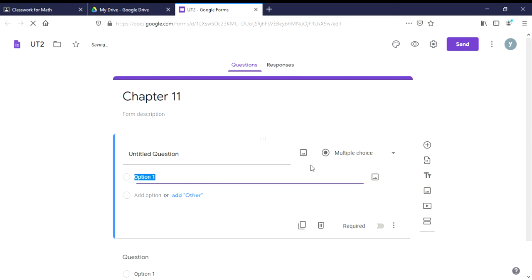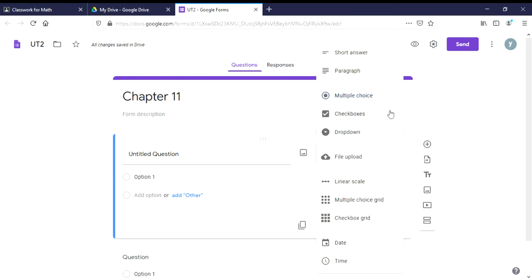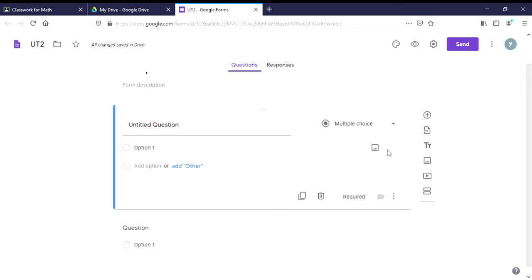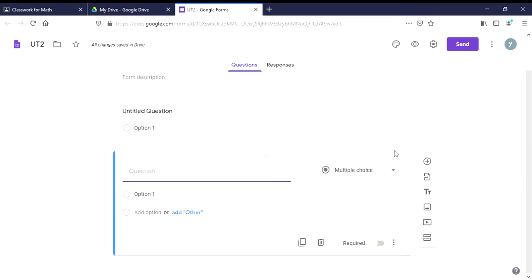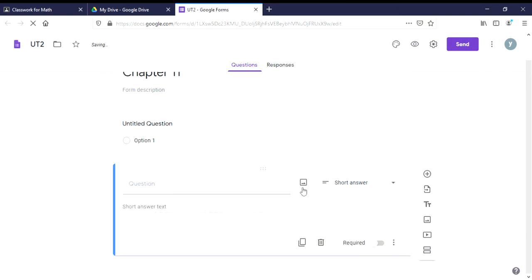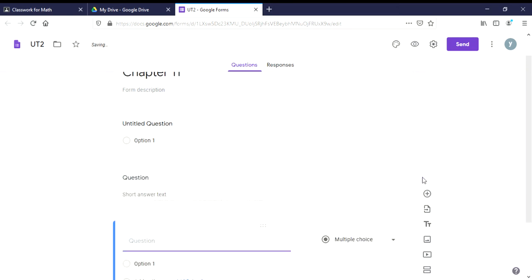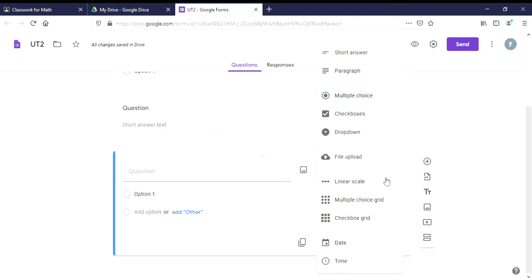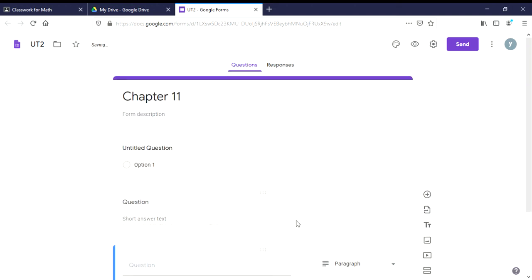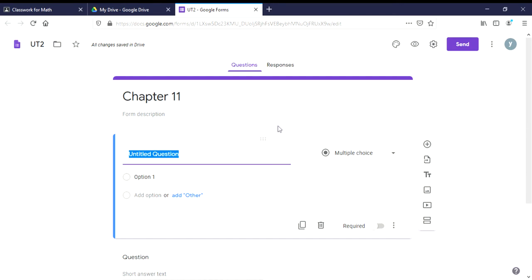There are some type of questions that you can give to your students. One of them will be multiple choice, and then you can have short answer type of questions, paragraph, and some other stuff, but I haven't tried the other, so we are going to concentrate on this top 3 here. I will show you one with the multiple choice type of question. The second one I will show you about the short answer, and then the last one, just click the plus box here. I will show you about the paragraph. Okay, so now let's start creating the question.